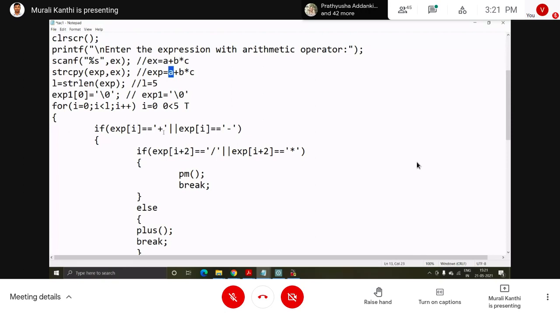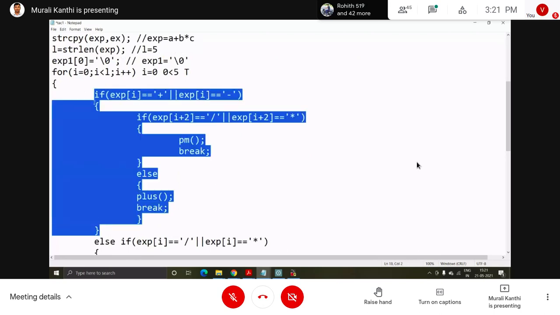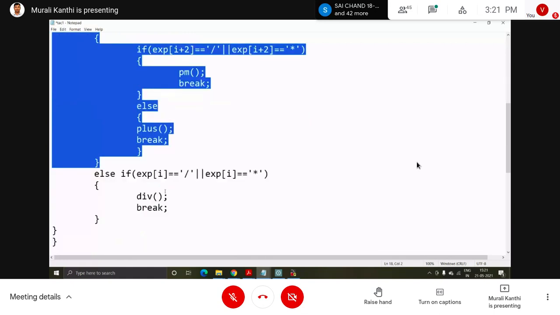Is it true? No, false. So logical OR is there, then one more expression is verified. Is it minus? No, the condition is false. So this if block is skipped. Okay, else going to the else block.